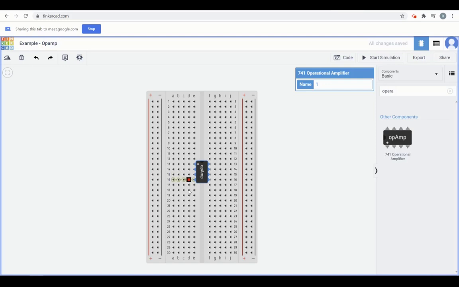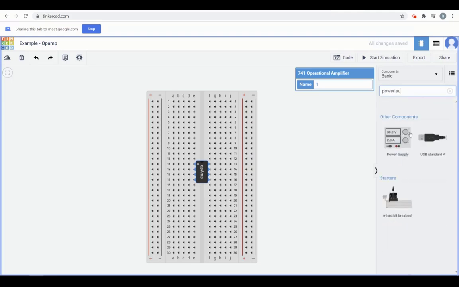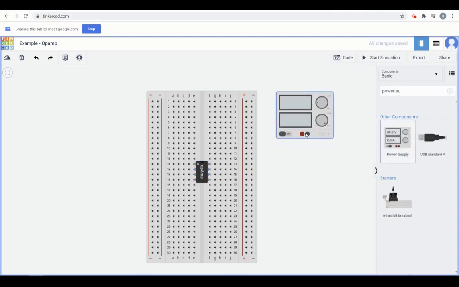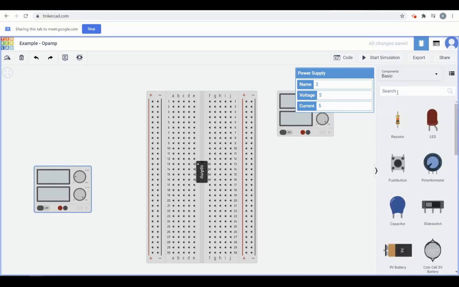Okay, so let me define these two rails, which are already there. Let me bring in my DC power supply, which is actually going to power my circuit. So I'm going to write power supply. This is a DC power supply. This is what my VCC will be, and this is what my VEE would be. Let me now assume for a second that I'm using an AC input. This input, the V in that I have drawn, let me assume that it's an AC input.